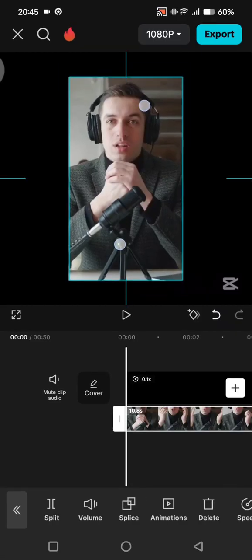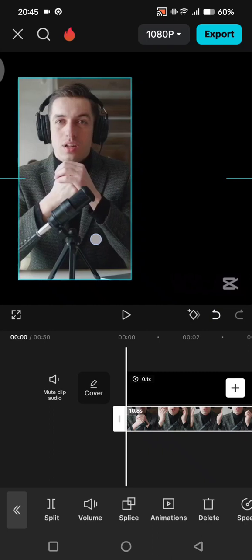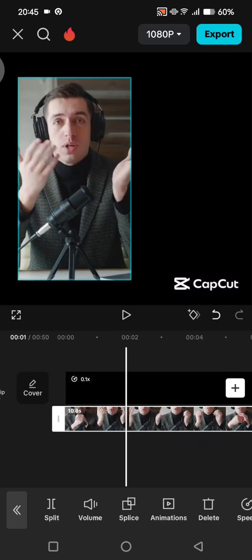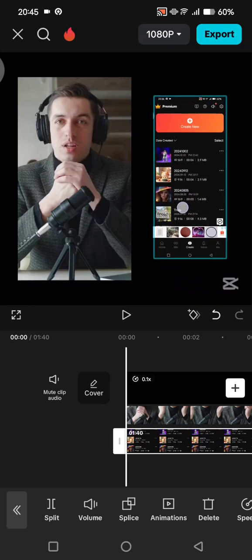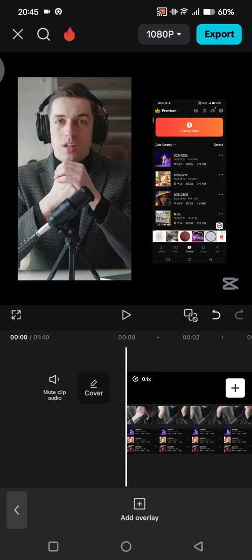Okay, you can put the video here on the left side like this. So this is the first video, and now you can add another overlay. In here I'm going to use this tutorial video and add it as another overlay in here. I'm going to put it on the right side, and then I'm going to click on add overlay again and